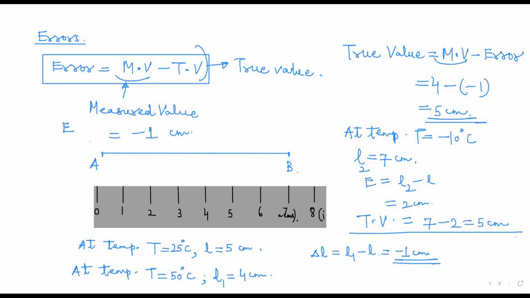What did we put in measured value? Could you please tell again? 4 or 5? Measured value is... ये तुम ओजस्व चंद्राकर क्या तुम यार कैसा बात करते हो यार